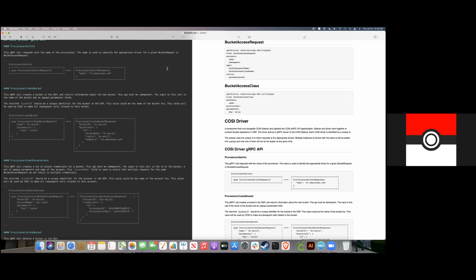We use bucket request dash UUID, so BR dash UUID, but that's an implementation choice. At the cozy layer, we can't ensure that the strings that get passed in are globally unique. Can't I just create a bucket with my own name? Yeah, exactly. I can call create bucket with the string foo, and if the driver happens to be attached to a storage system that already has a bucket named foo, what am I supposed to do? Return saying foo already exists.